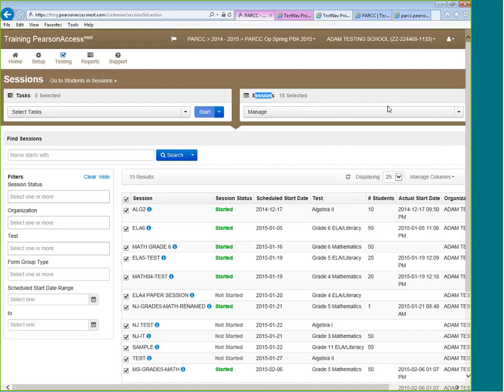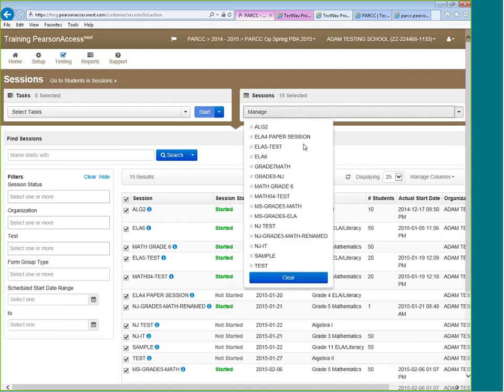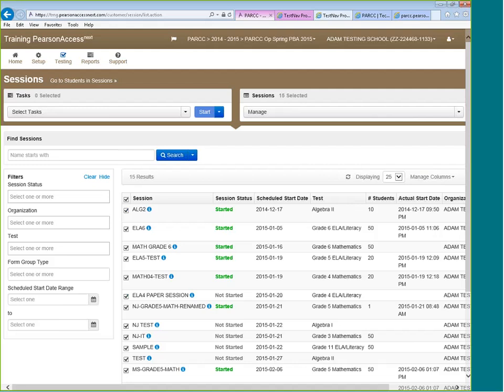But if I wanted to remove any one of them individually or clear it all together, I would just click the X's here. Another thing, just to make everyone aware of: when I deleted my TestNAP configuration, all of these sessions lost their TestNAP configuration.